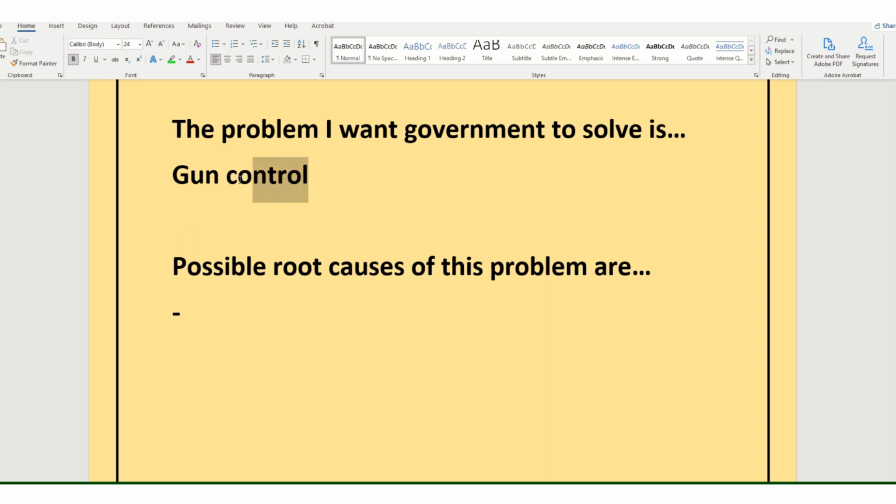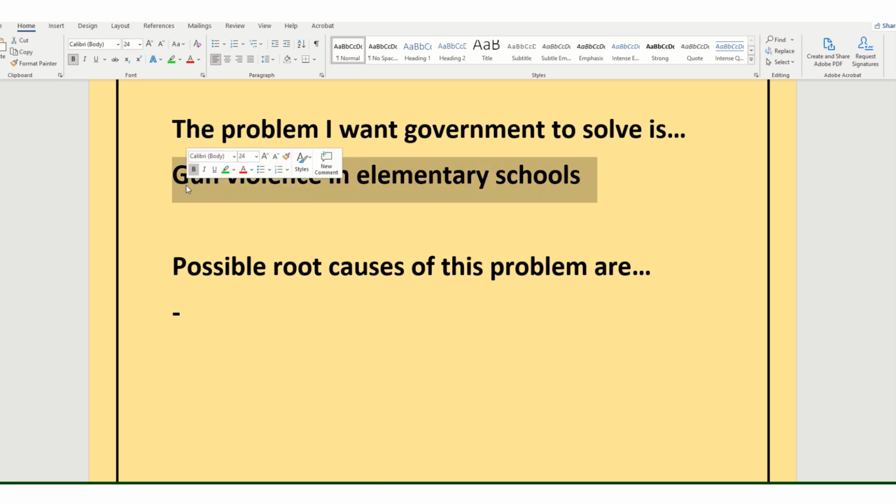I think where the student would want to go with this is something like this: gun violence in high school, or gun violence in elementary schools, right? So do you all see the difference here? This is the problem I want to solve. And then the possible root causes, you'll have to come up with those. I'm not going to go there. All right, so